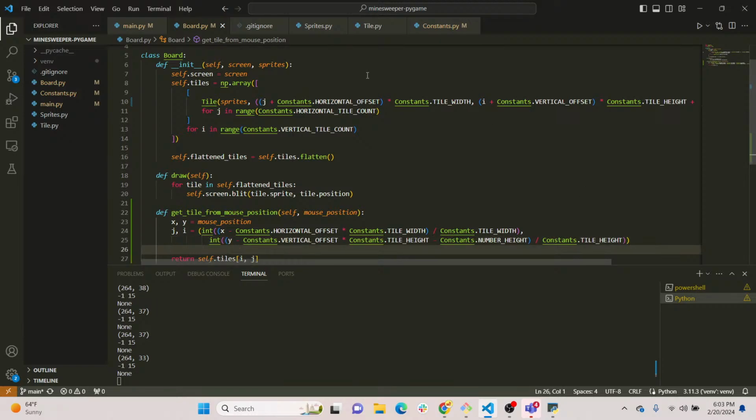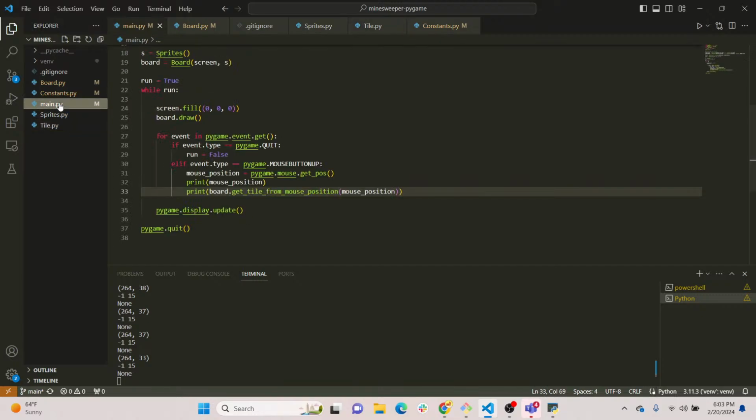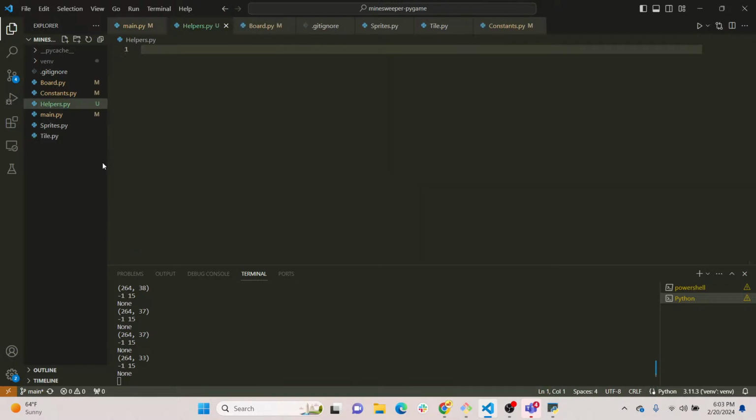I don't know the right place to put this function. Let's see. I don't want to put it in main. I could make a separate helper function. Yeah, let's just go ahead and do that. Helpers.py. Okay, and then in here we could